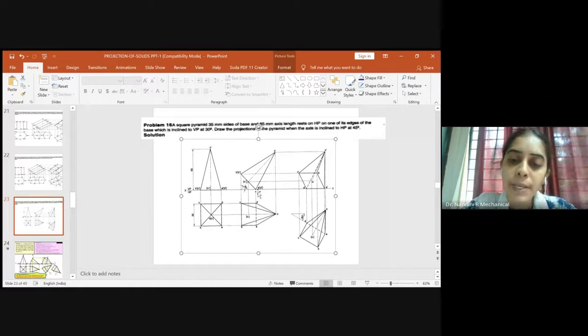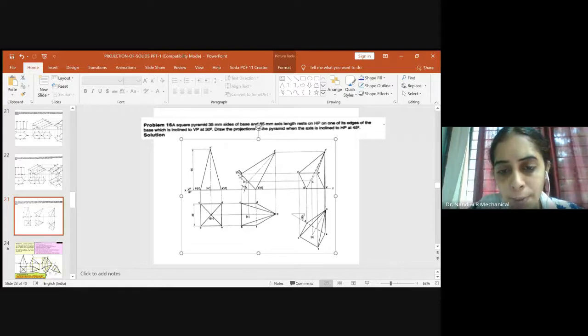After that, you have this axis line already. So you measure this 65 mm. How do you measure 65 mm? You keep one end of the compass at B1 dash and C1 dash and cut a 65 mm arc here. And again keep one end of the compass here, measure 65 mm and cut an arc. Both will meet at a common point. Then join B1 dash C1 dash to O dash, A1 dash D1 dash to O dash. So now we got the top front view, which was vertical in position, inclined to 45 degrees.